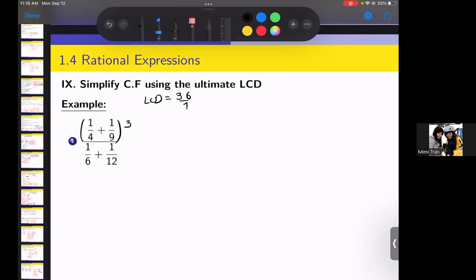So what I'm going to do is multiply the top by 36 over 1. Same thing with the bottom, 36 over 1. So basically, I multiply by 1, right? I didn't change anything. This divided by this is 1. And now I distribute. So equal 36 over 1 times 1/4 is